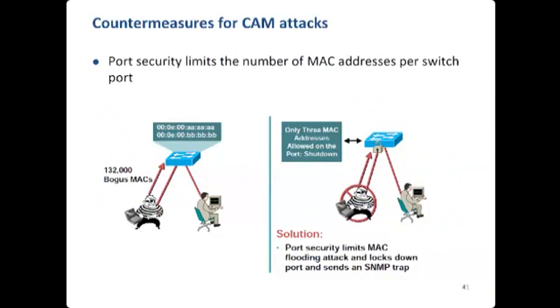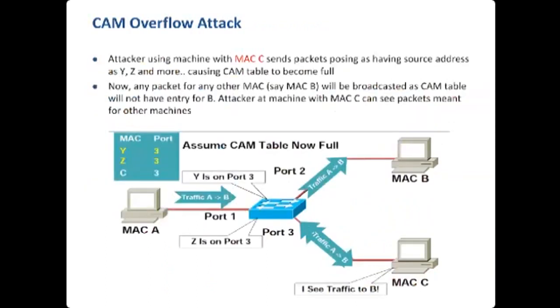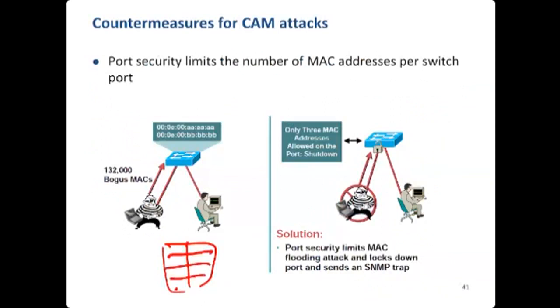You will say, okay, I will restrict the number of MACs that we can have on a port, like we have seen with the ports here. We'll say only 3 MACs can come. So basically, Mallory can create only 3 fake packets. But the size of the table is very large, maybe 1024 or 2K, 2048 entries and so on, right? So now this is a solution. It means that this table cannot be made full.